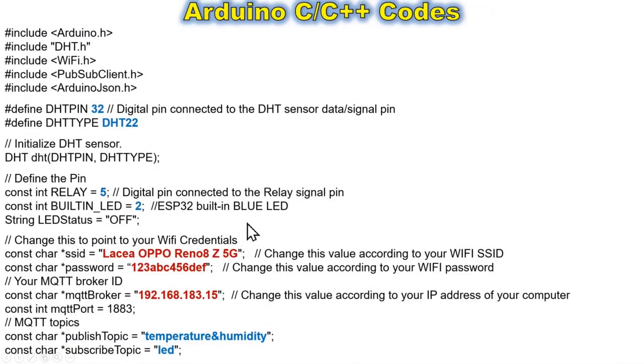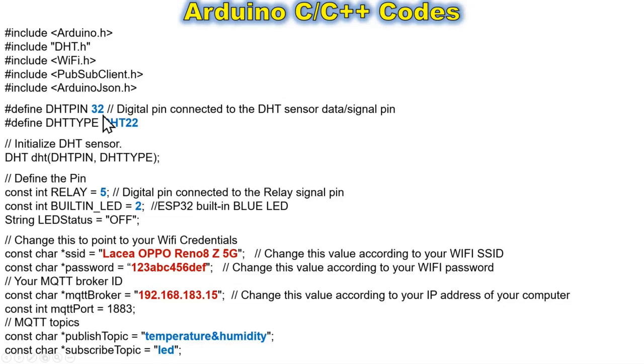Let us look at the program codes to be uploaded to the ESP32 microcontroller. I assign the number 32 to the alias name DHT pin, as the DHT22 sensor data pin is connected to digital pin number 32.